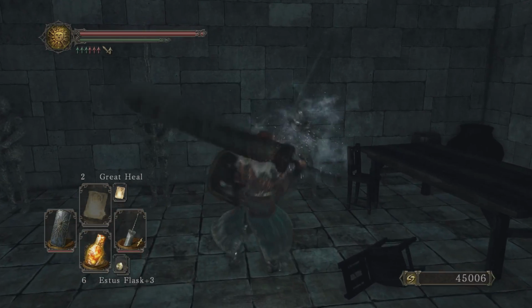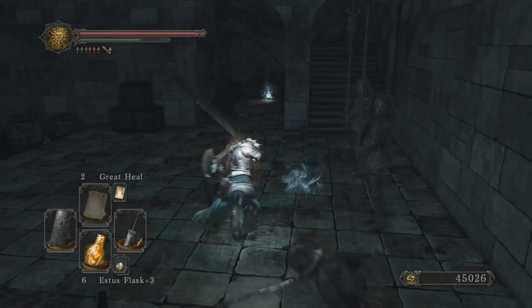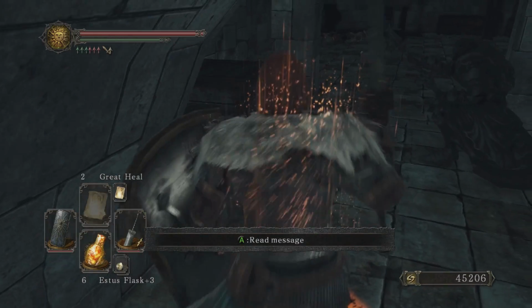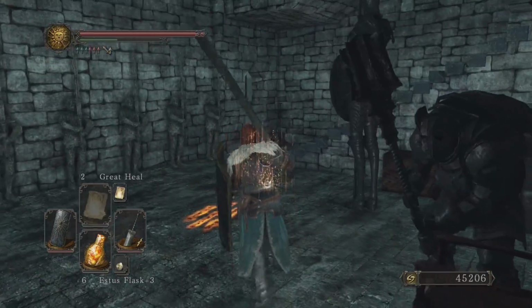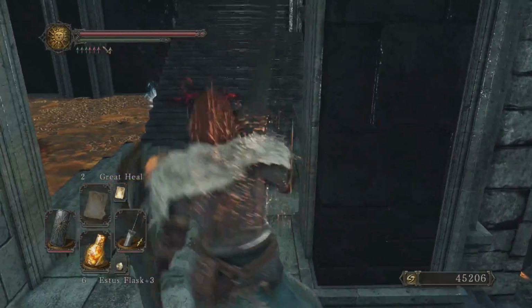Get the frozen flower there. That is probably the second key we picked up for the DLC. The frozen flower, of course, for the, I'll just call it the ice DLC. There's a poison, ice, and fire one. And then the dragon talon that we got is for the